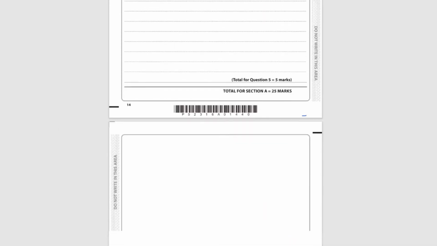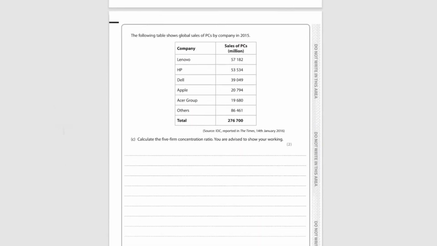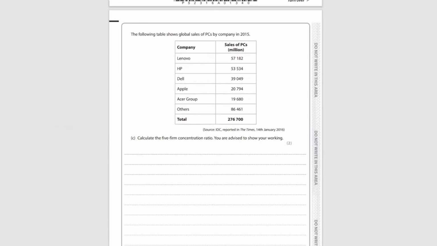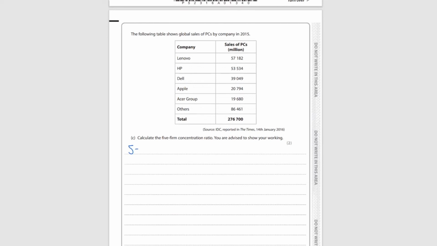So this is the last question, because the next one is all about the energy market. So if we scroll up, we can see it says the following table shows global sales of PCs by company in 2015. Calculate the 5-firm concentration ratio, and advise to show your working. Okay, so the 5-firm concentration ratio is basically just the market share of the 5 largest firms, or the sales of the 5 largest firms divided by the total. So in this case, the easiest way to do this, 5-firm CR, is to do,